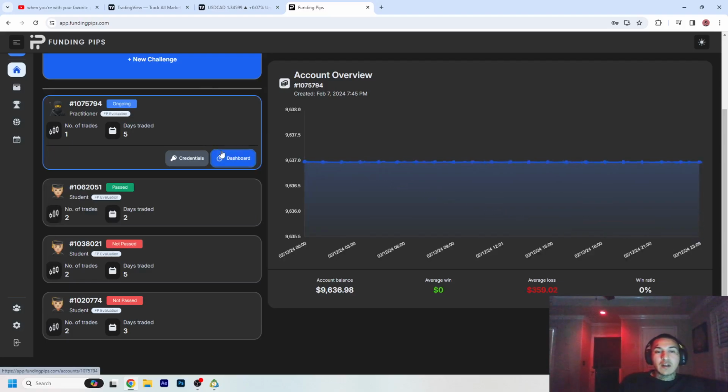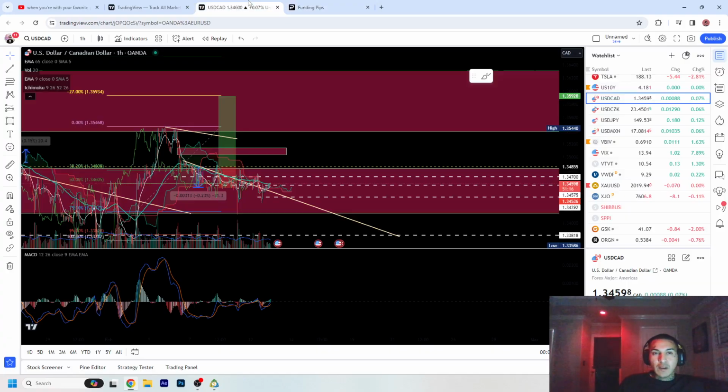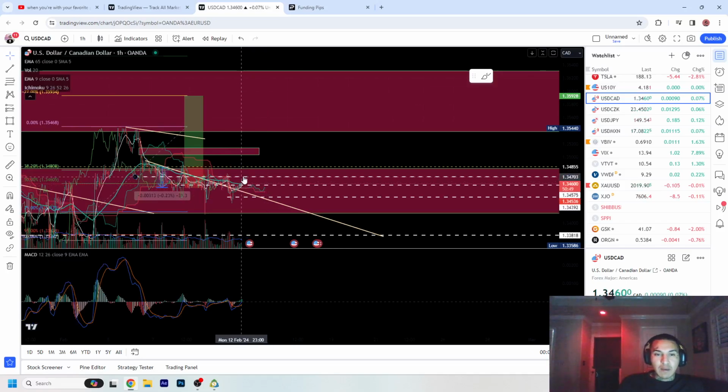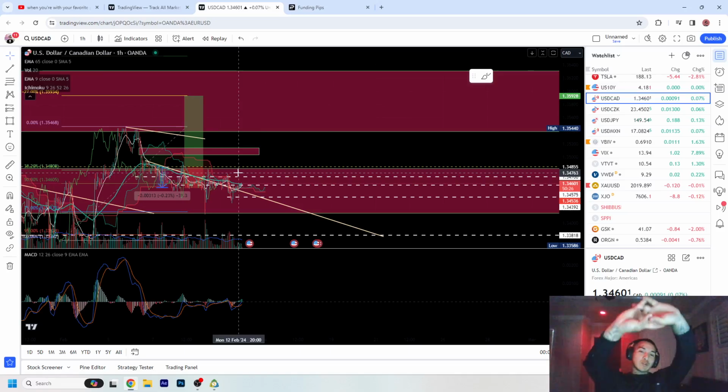So right now we're in an ongoing one, and we have to see. I might delete this one because I think people are being greedy here. But we'll see what happens. We will learn from this one, and if not, we'll restart and learn from our mistakes in order to become better traders. We're gonna go from 10,000, 25, 50 to a $100,000 challenge until we get very, very good, so that we can make hundreds of thousands of dollars and dedicate ourselves to this.